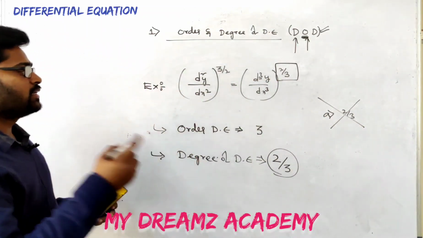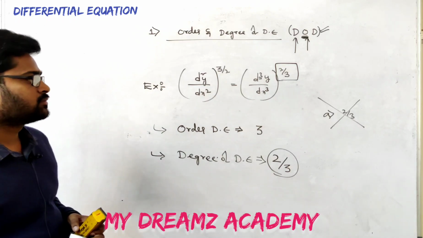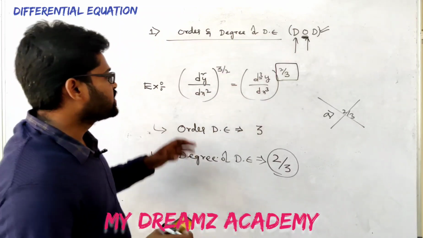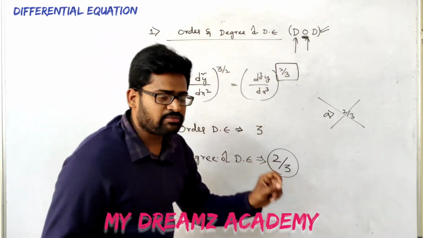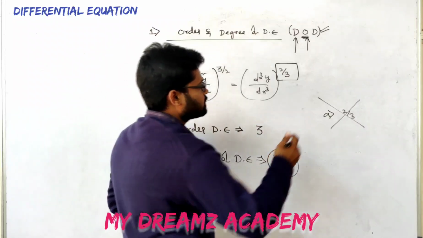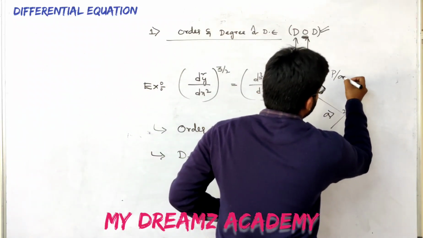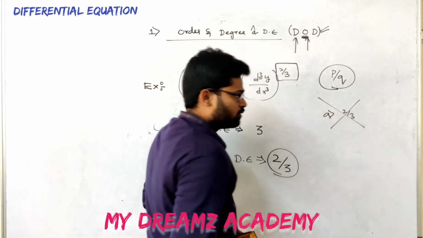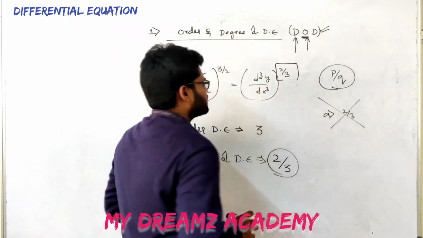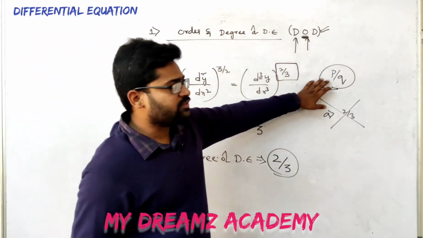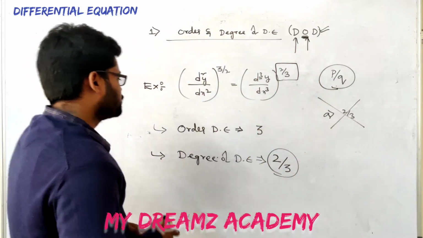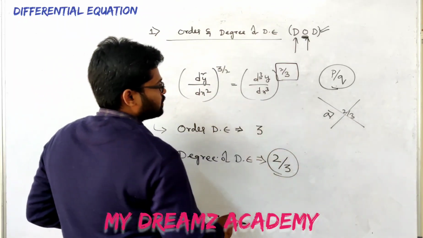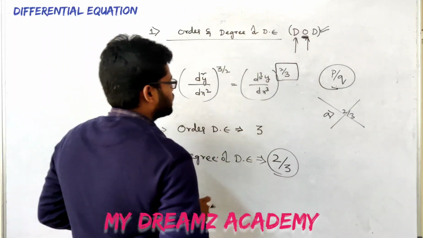Then what do we need to do to find the degree of the differential equation? We need to see that the differential equation should be free from fractionals. What is a fractional? It should not contain p by q form. This is a fraction. P by q is nothing but a fraction. The given differential equation should not contain any fraction. So what we need to do for this? We need to eliminate, we need to nullify the p by q form.